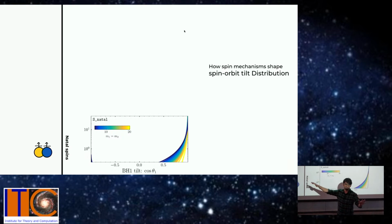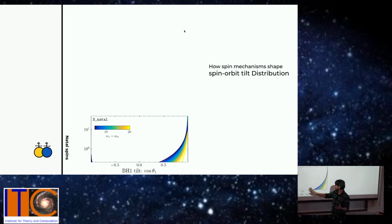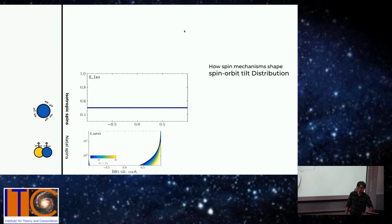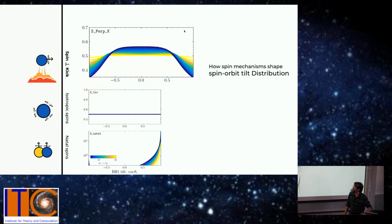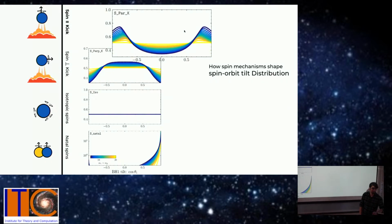They get all their spins from their parent stars. In this case, you would mostly have aligned spins with very small tails of misalignment, because you have kicks as well. If you have isotropic, it's boring, it's flat. If you have spins perpendicular to the kicks, you slightly tend to disfavor aligned and anti-aligned cases. And finally, if you have spins parallel to the kicks, you start to slightly disfavor